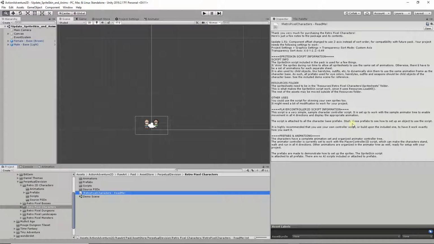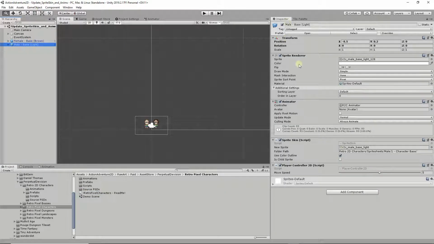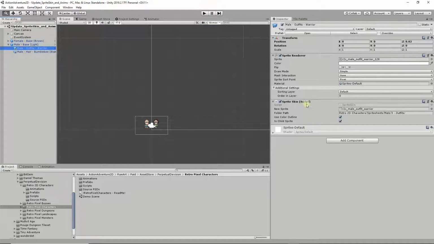So you've got the sprite skin script information that tells you about the different sprite skins, and they require you to use the resource folder. This is what makes the sprite skin script work. It has a script on the thing to change out your characters, so you can use the sprite script here to decide what outfit you want your character to wear. So like you come into their Pixel 2D characters, his